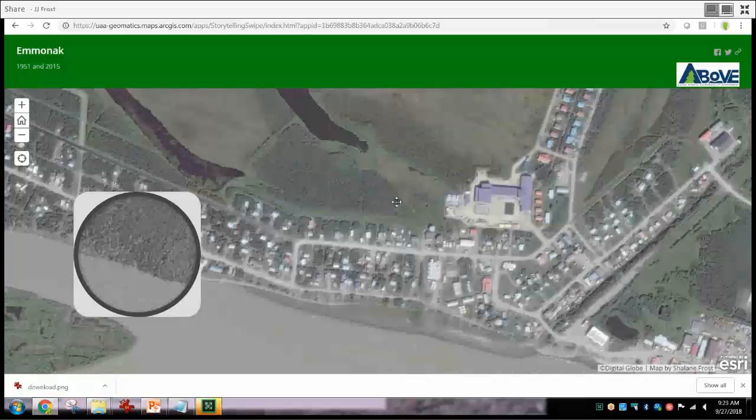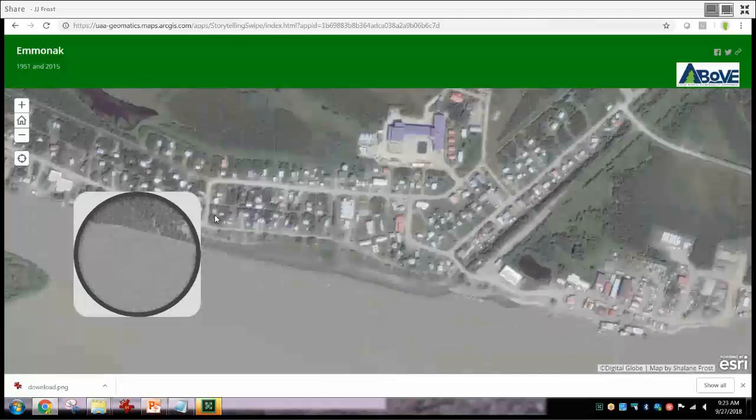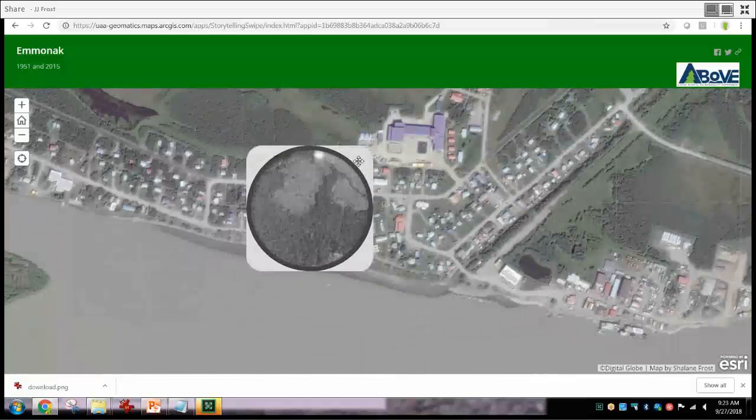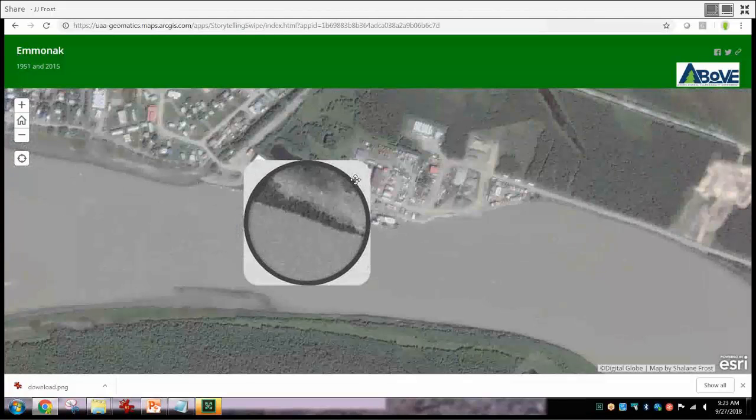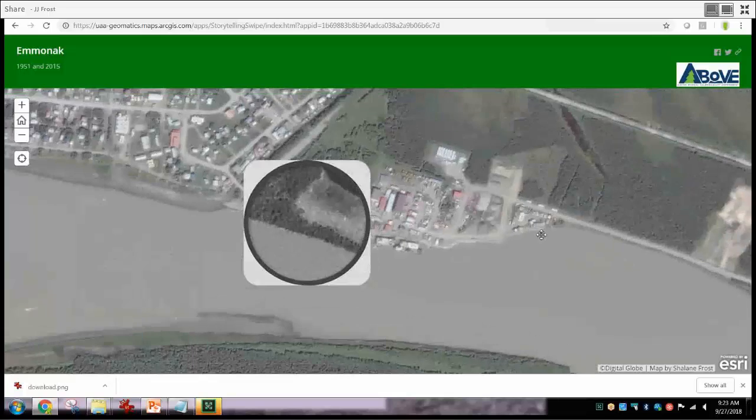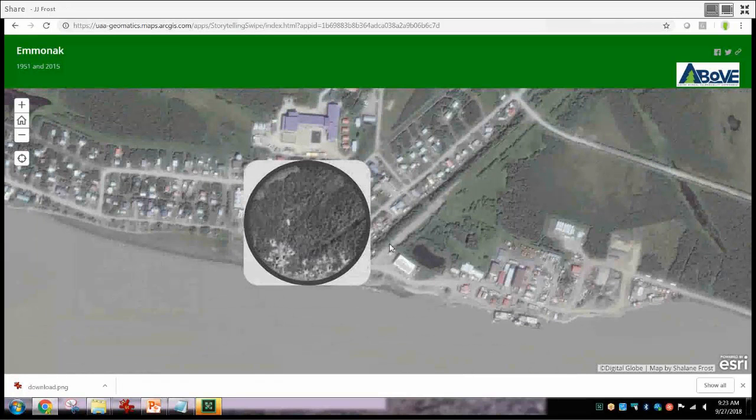So you can basically just pan around and use that loop tool to look into the past. There's other variations of this. You can use a swipe tool where you swipe one image by the other and you can see a bigger area. But this loop tool seems to be pretty effective, and early on when I was visiting Emmonak,